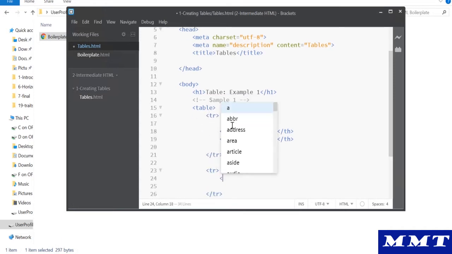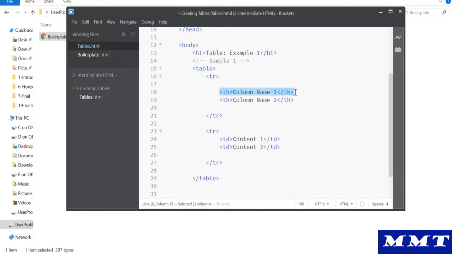Right, so let's add the data now. So I'll say content 1, that's nothing but your column. Okay, what you're trying to do here is, this is the first column, this is the first content in that column, and then you're going to have the second column, and this is the content in the second column. Okay, and how you're creating the new lines inside the table, you're using the TR, which is nothing but the rows. Okay, so after this we're going to write a new line, and then let's look at an output of this table.